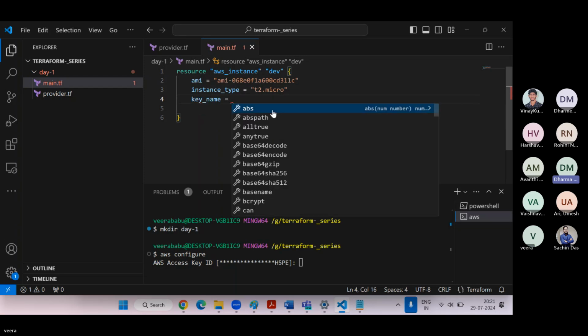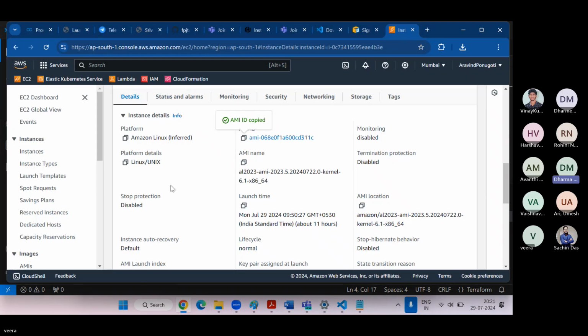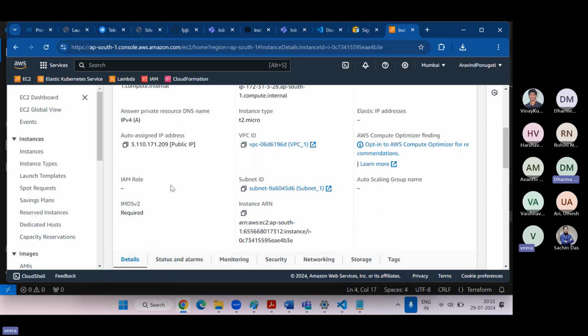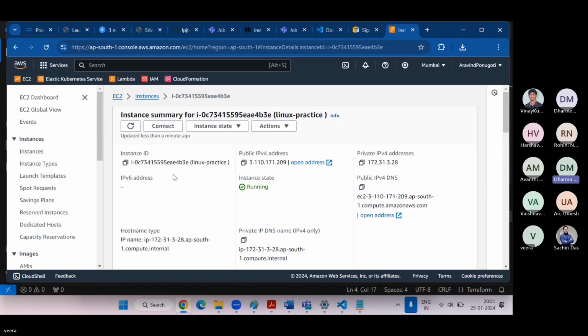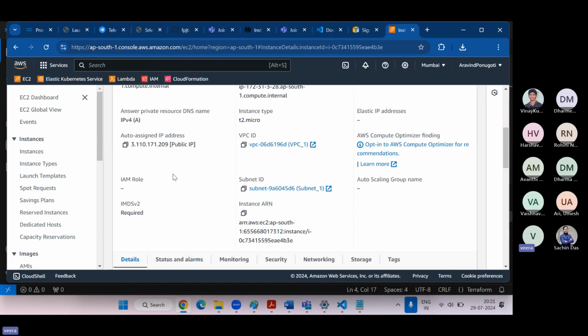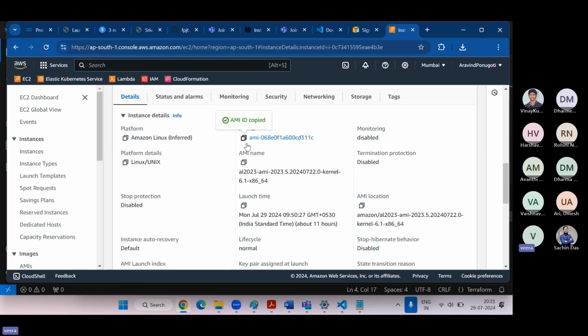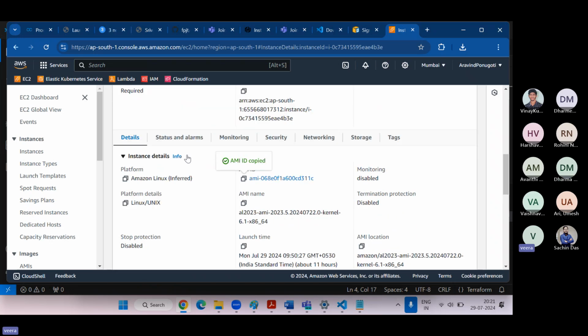Veera, I have a doubt. Yeah. If I want to create multiple instances, like two or three at the same time, can I use the same AMI ID, or do I have to choose different AMI IDs? The AMI ID is the same for all instances in the Mumbai region for free tier. It will not change. It is unique from region to region, not instance to instance. If you create one more instance in a different region, definitely you have to change the AMI ID. Okay, Veera. Yeah.